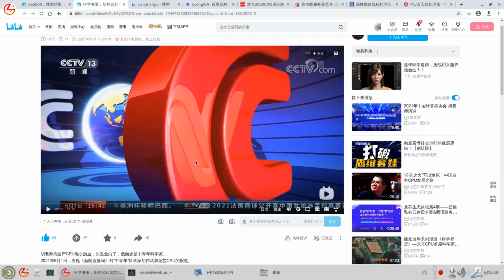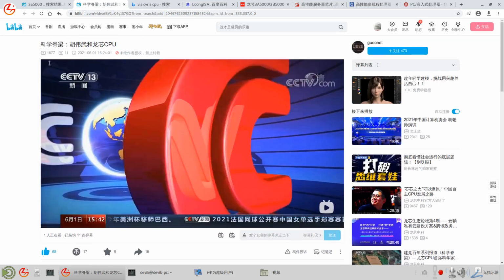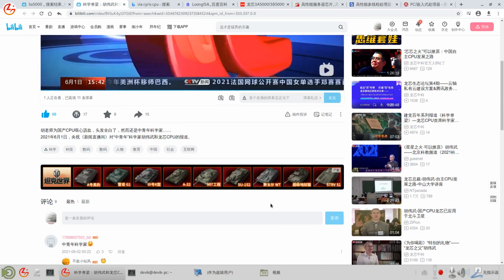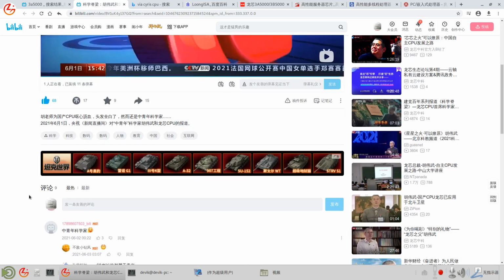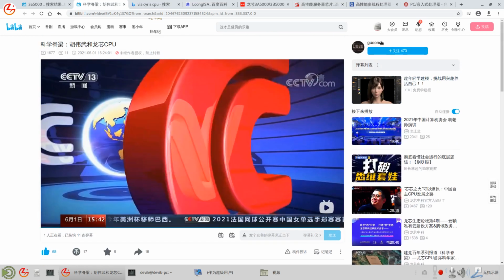CCTV SI simultaneous interpretation. I hope you understand what I'm saying because it's so impromptu, and I'm reading the scripts and stopping the videos on and off, so it's a little bit messy, but if you understand it, then it's okay. And the source is from the Bilibili course. These two, Wei Wu and Loongson CPU. This unit is from this CCTV.